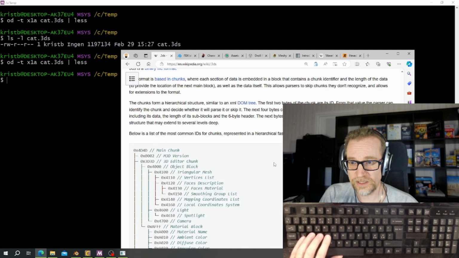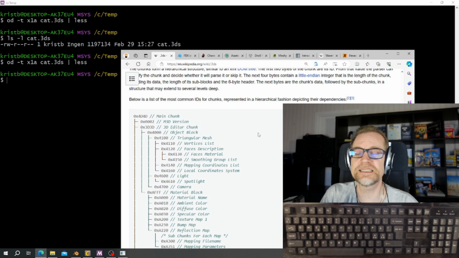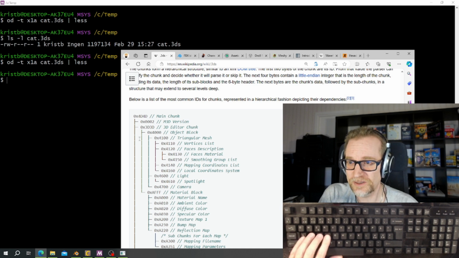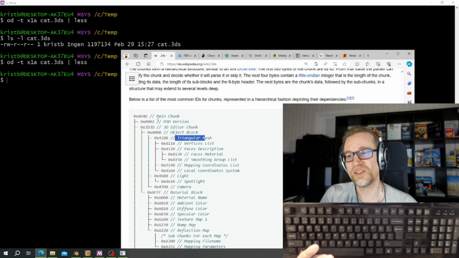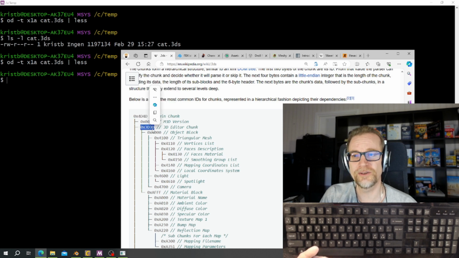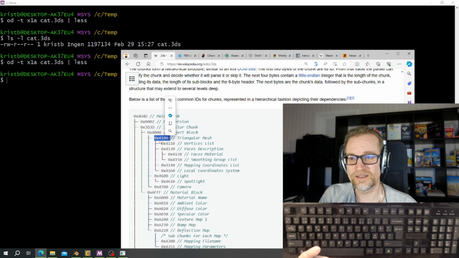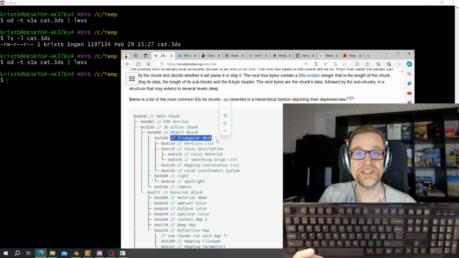And check the specification here. We are at the 3D editor chunk, and all the rest works exactly the same. So now you can write an importer for a binary file in 3DS format. So you have object block, triangle mesh. So we need to read this 4D 4D. We need to skip over till we find 3D 3D. We need to skip over till we get to 4000. We need to skip over till we get to 4100, and then we have triangle mesh, and let's read the